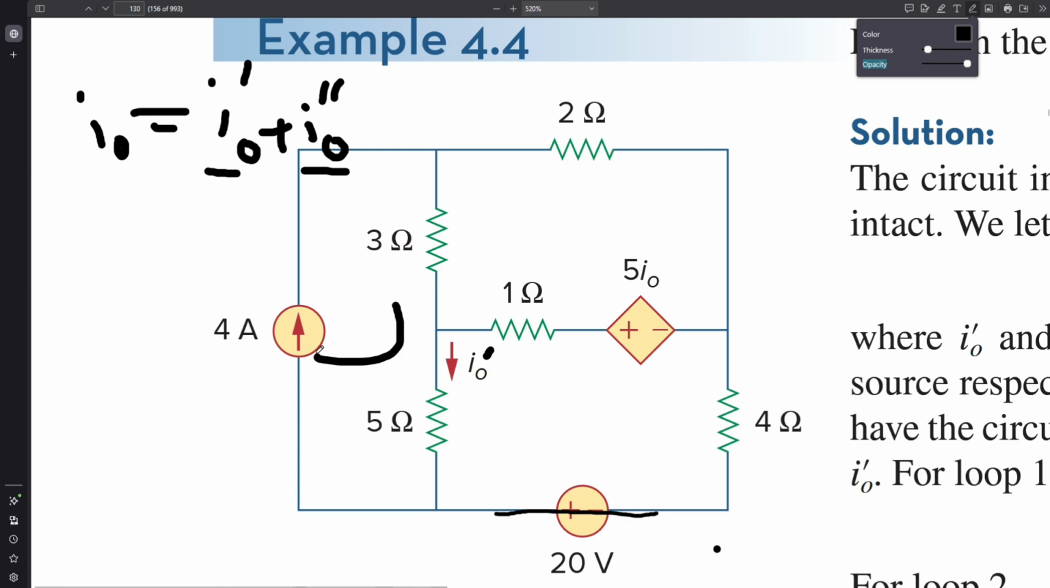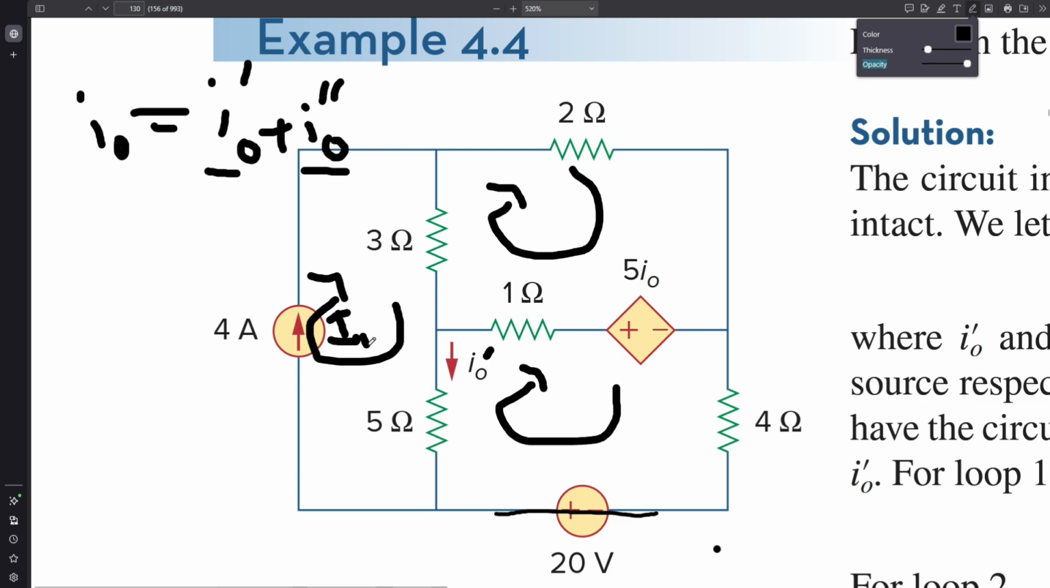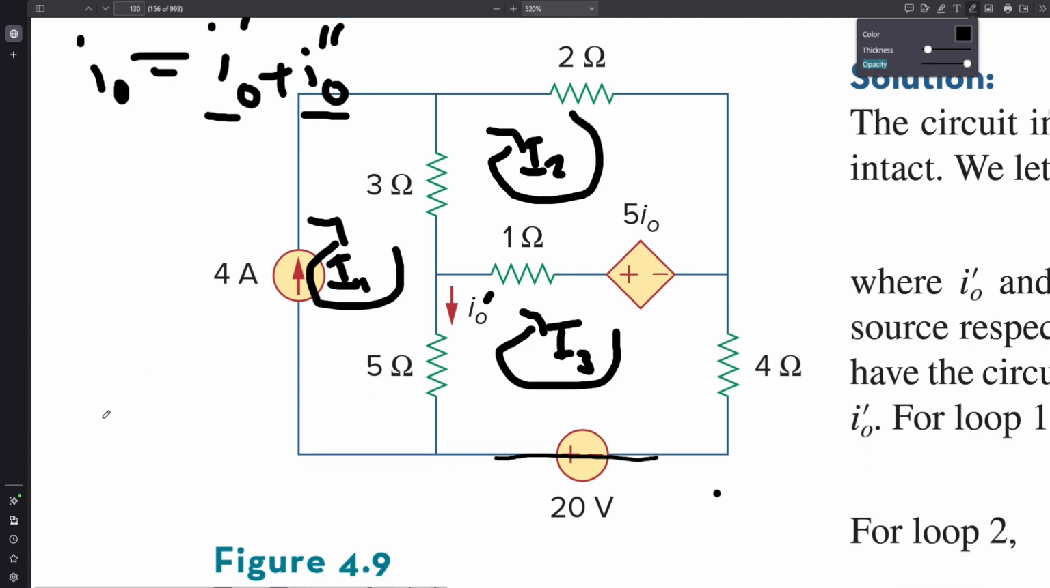First loop is like this, second loop is like this, and third loop is like this, each with their own current. For this one the current is 4 amps, or we just call it I1. This one is I2, and this one is I3. Now let's write the equations for them. For loop 1,